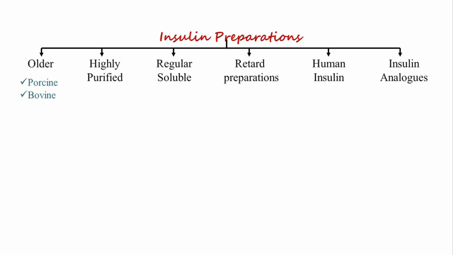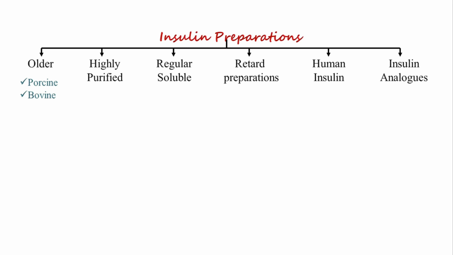But the problem with porcine and bovine, the older preparation, was that the purification process was not good, and as a result about 1% impurities remained. Impurities are basically porcine and bovine proteins. We don't write it as 1%, we write it as 10,000 parts per million, 10,000 per 10 lakh molecules, right? And this created serious side effects. People were annoyed with the side effects, but they had no other option,